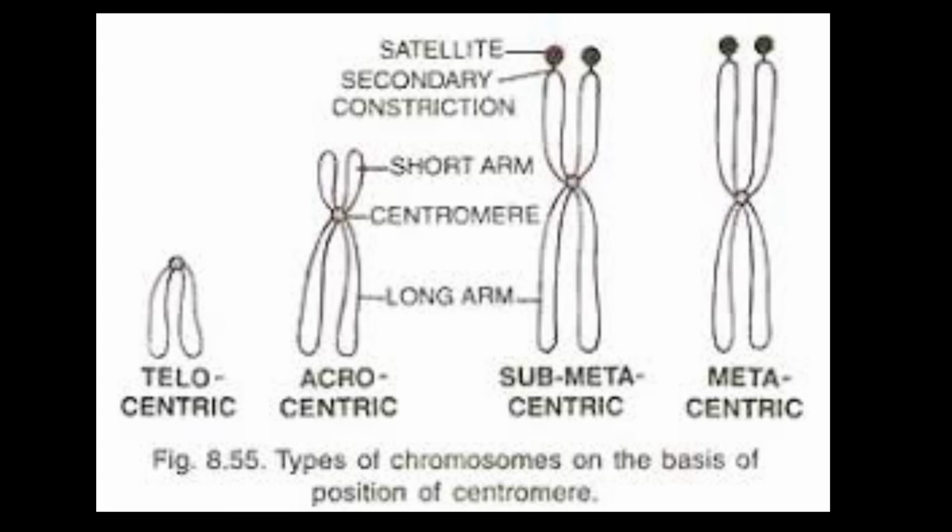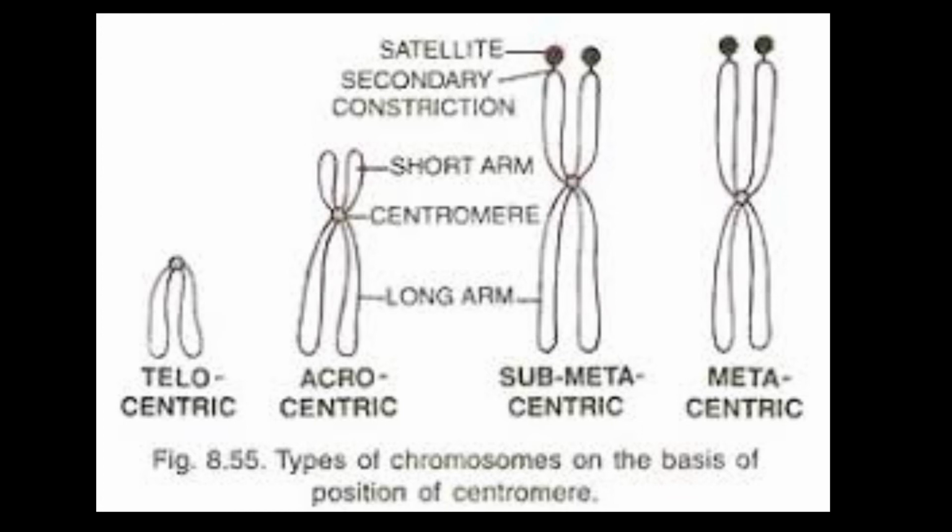It is a thin, coiled, thread-like central filament known as chromatin. Each chromosome has a clear region called centromere or kinetochore. The centromere divides the chromosome into two parts on both sides, called the chromosome's arms. The location of centromere varies from chromosome to chromosome and is classified into four types: telocentric, acrocentric, submetacentric and metacentric, as shown in the image.